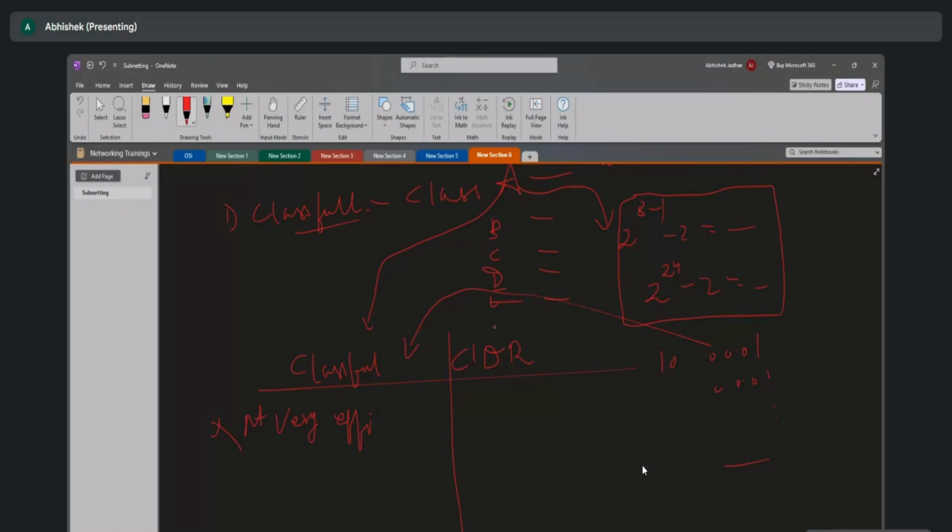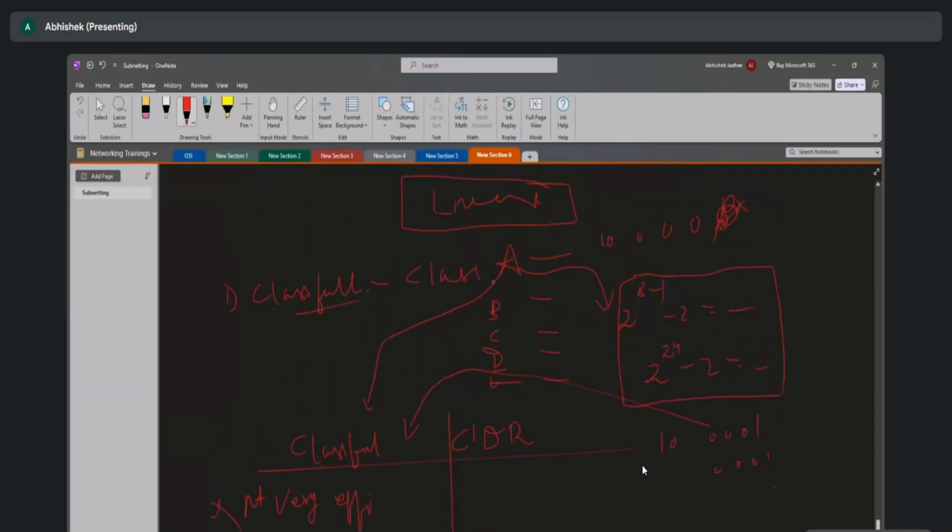What and how is this useful? This is useful in a very simple way. Now I told you a Class A IP address has how many IP addresses? 2 to the power of 7 is 128, 128 minus 2 is 126. So 126 IP addresses, I will give you only one IP from this. I don't want you to waste all 126 IP addresses which the RFC has given you,